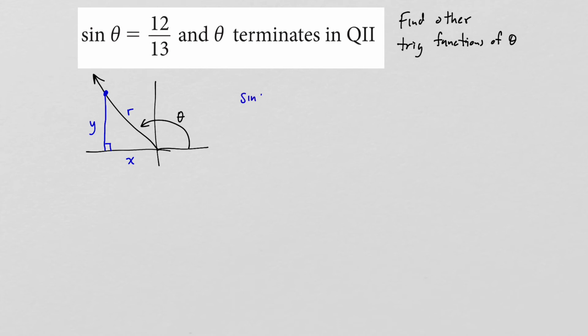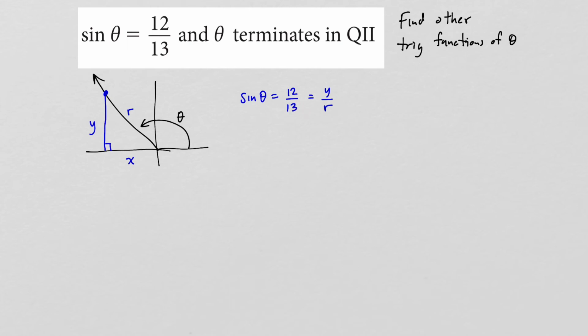And let's keep in mind that we know that sine of theta is 12 divided by 13, but we also know that sine of theta is y divided by r. Okay, so this strongly suggests that y is 12 and r is 13. And that certainly could be the case. But it doesn't necessarily mean that y and r are these values. What it means is that when you divide y by r, you get the same thing as 12 divided by